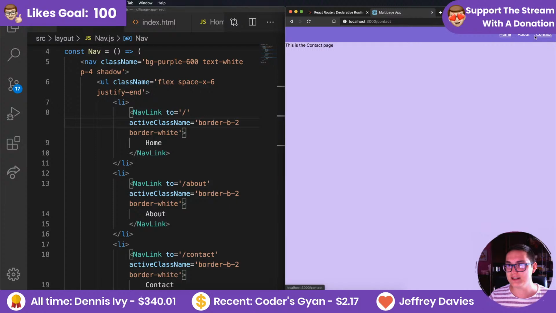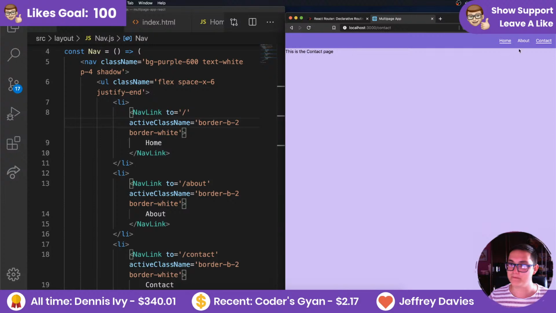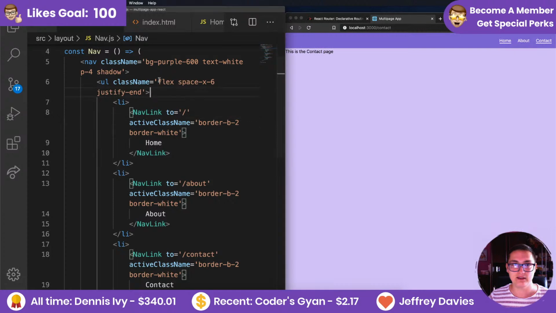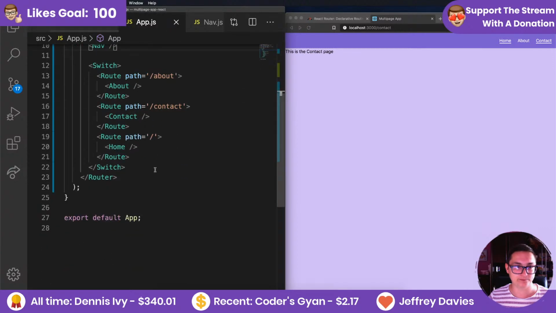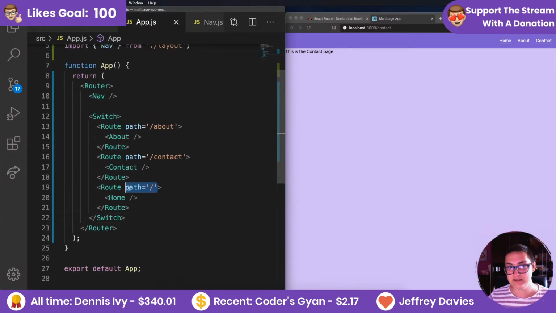We see the contact is highlighted now. This is highlighted, but what about home? Why is home always, you can't really see, I guess. So let me put this down. Okay. Why is home always active? Well, it is because, let's go back. Where are you? Web.js. Come on. It is matching also the path, right? I think that's the issue. And we want to say exact here. So exact path home. So when you're there exactly,